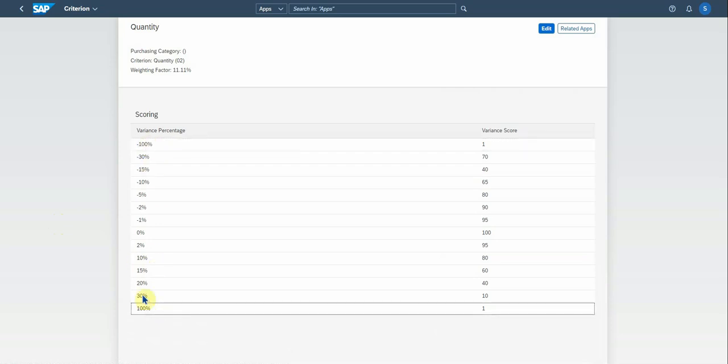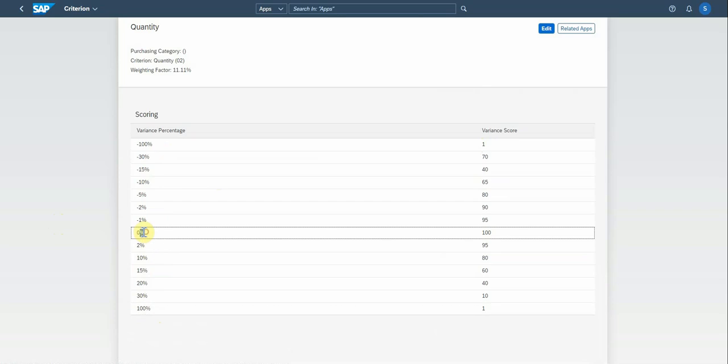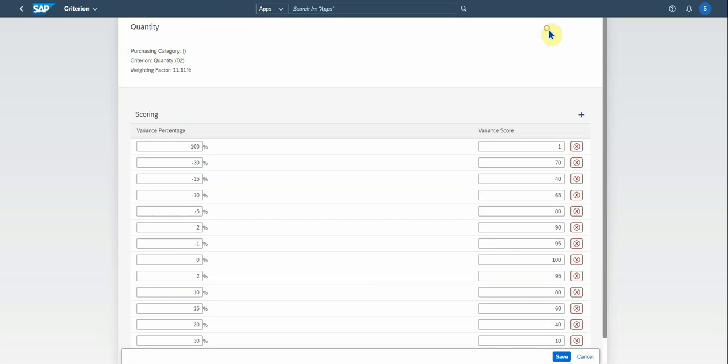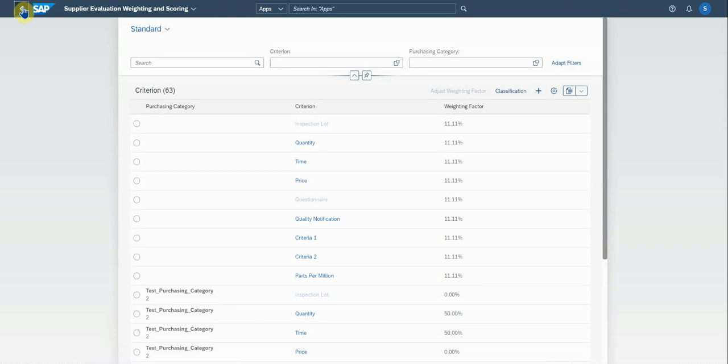So that is measured then by the system, your quantity delivered, and there's a variance, and then a score is assigned. So for a 0% variance, there is a score of 100 for that purchase order item. You can go and edit these numbers should you wish to do that in the app. This is also available in the